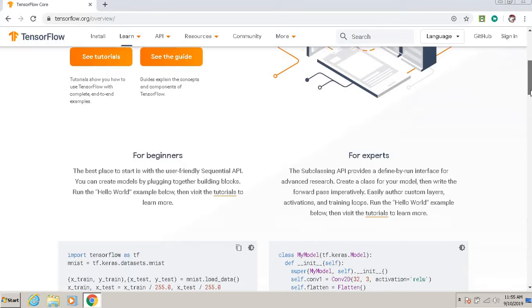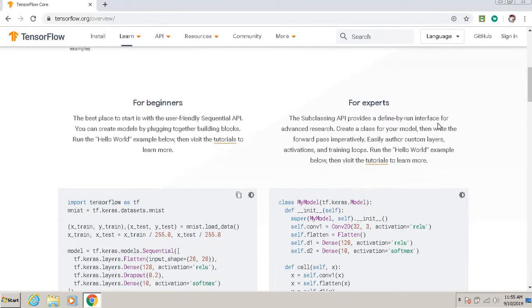If you are an expert, you can go for advanced research, and you can easily go for custom layers, activations, and training loops. Okay, so let's go for the beginners.